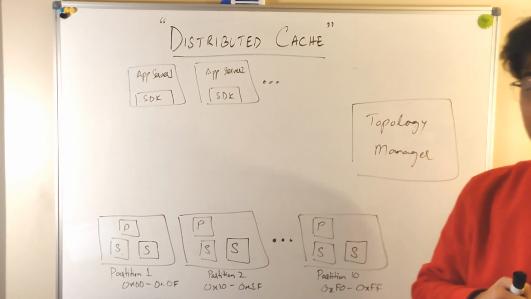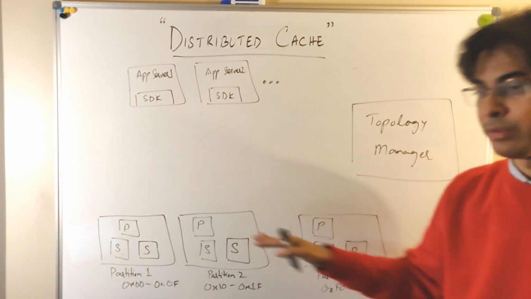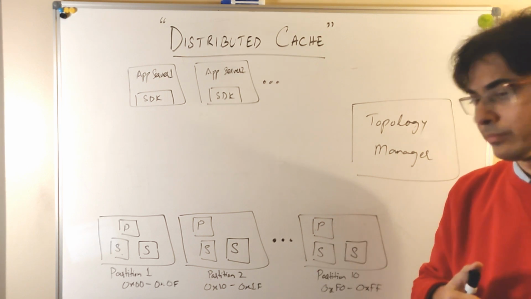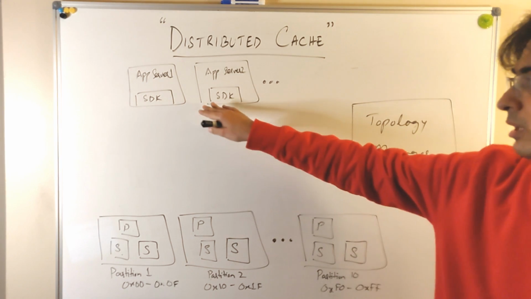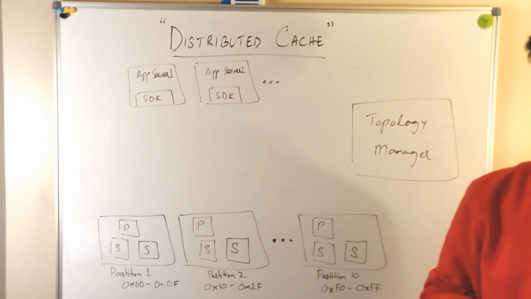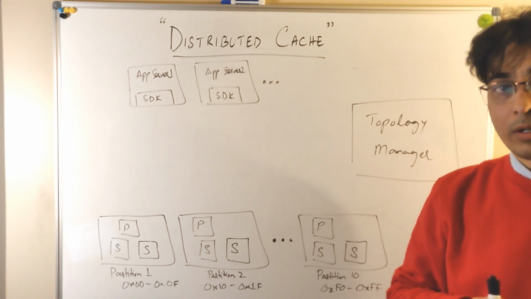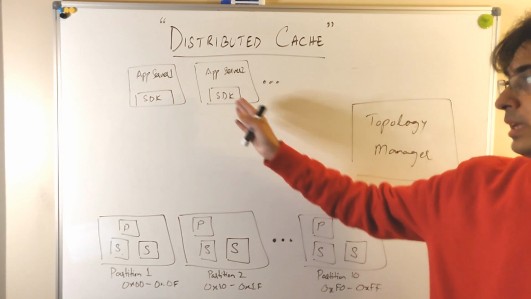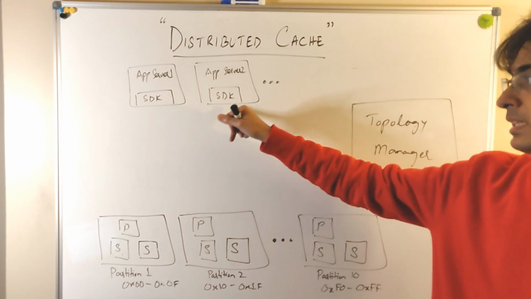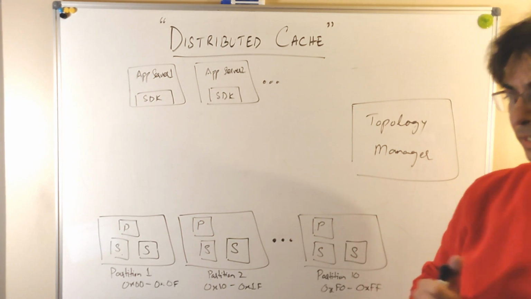In the first mechanism, the application server directly talks with the topology manager to get the information about the partitions, their ranges of hash keys, and also their replicas. And then the application server, after talking to topology manager, talks directly to the partition in order to insert or retrieve some key value record. Also, when writing, the application server directly sends the write request to the primary replica of a partition where it needs to insert the key,